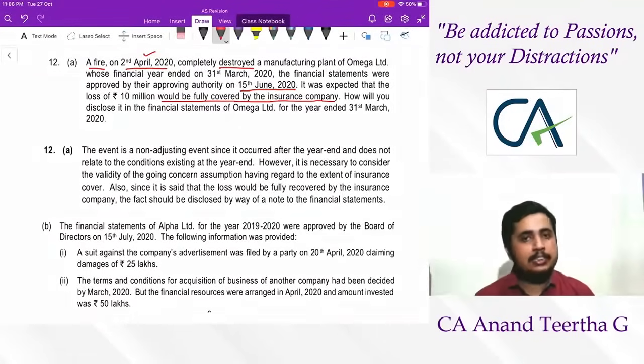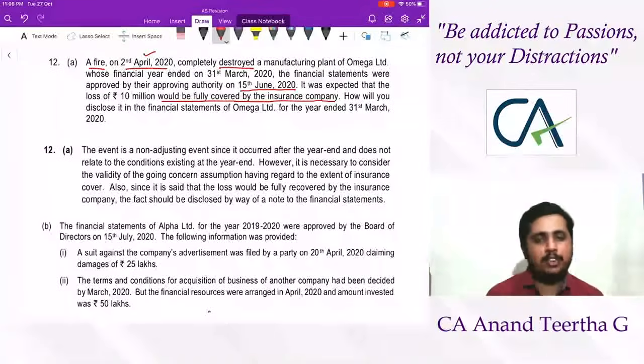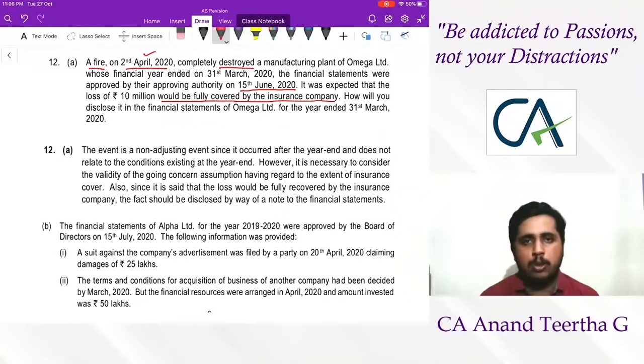However, since it is destruction and users should know about it, this should be presented as a director's report element. So this should come as a note in the director's report. That has to be our answer. Okay, so analyze like this. First, it is occurring after balance sheet date but before financial statement approval, so therefore it became AS4 coverage. After that, since it's a new event, it's non-adjusting, and since insurance coverage is already there, going concern assumption will not go wrong.